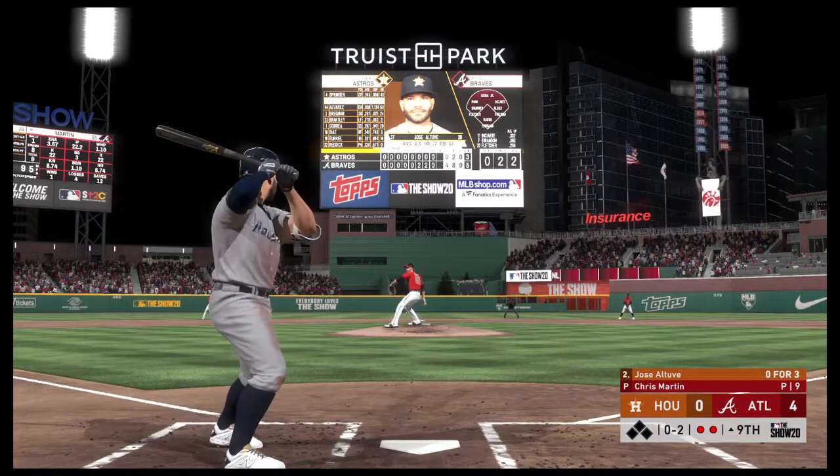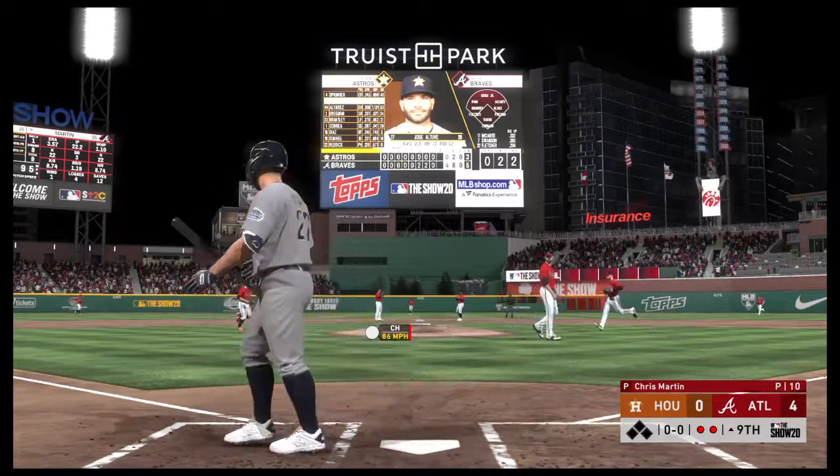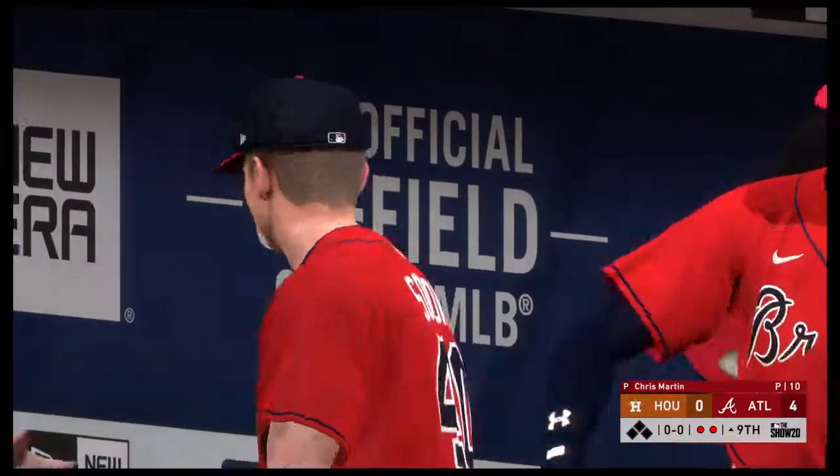Has them down to their final strike. Here it comes. Swing and a miss. He struck him out, and that'll do it here as the ball game is over. Well, there's no doubt they've looked pretty inept the last 5 games, but they got the monkey off their back here with